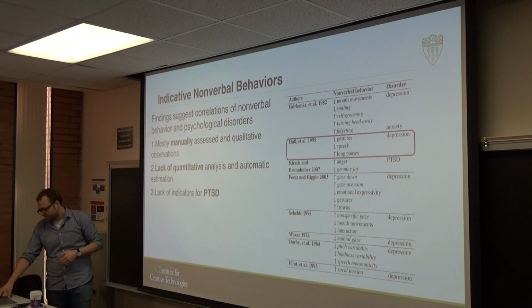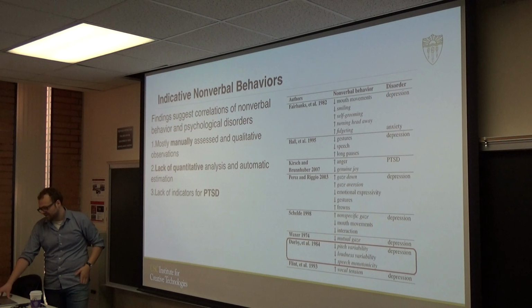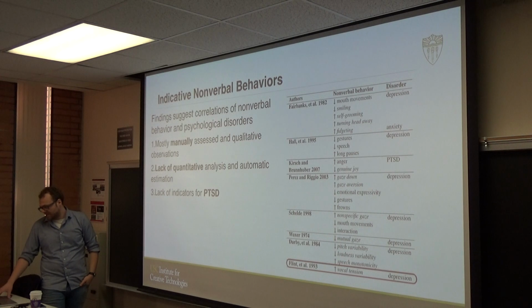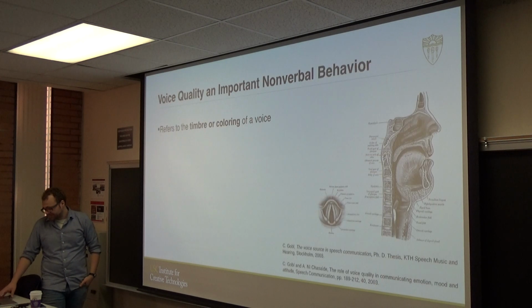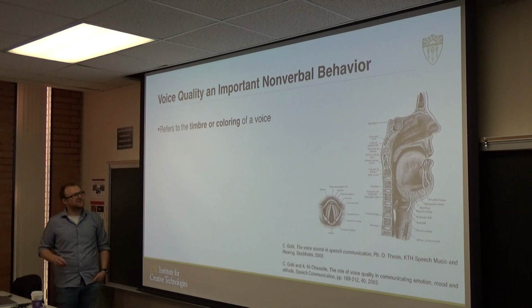And so here are a couple examples of lower gestures in speech, lower pitch, and variability of pitch, which is like the fundamental frequency of my voice. So this is a low pitch, this is a high pitch. And so speech monotonicity is increased, which means the speech is kind of flat. And then they also identified that there is vocal tension present.